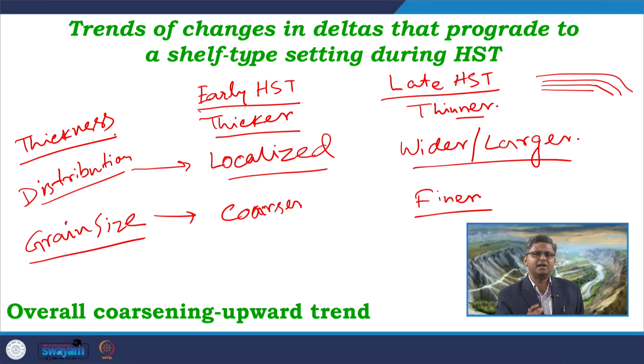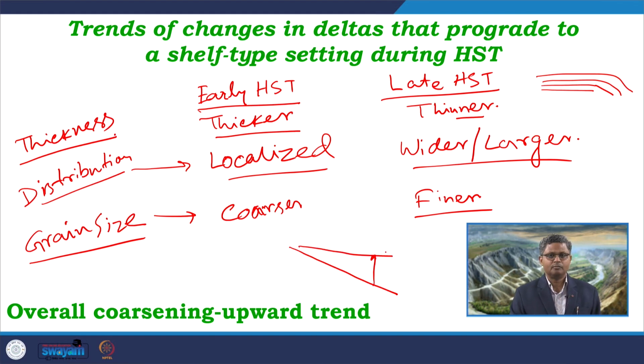The delta plain area is bringing a lot of sediments and they are accumulating over there. So, the overall supply of coarser fractions is higher, and also at that time the river gradient is relatively higher with respect to the base level condition, as I have drawn earlier also. Initially the river profile was like this and now it is reaching up over here gradually. So, this much of change in the gradient will lead to a decrease in the energy.